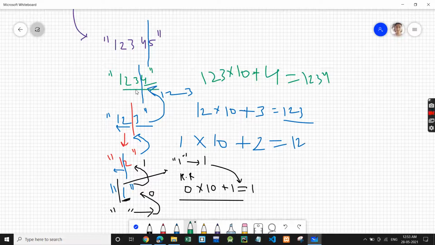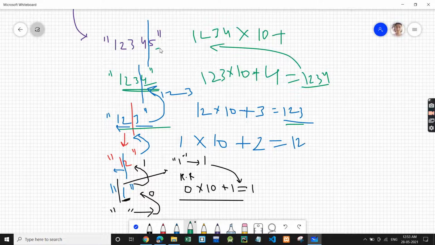So every time you will see the string is being converted to the integer recursively, right? Then this is returned. So 1234 multiplied by 10 plus the leftover, which is 5. So we'll get 1, 2, 3, 4, 5.